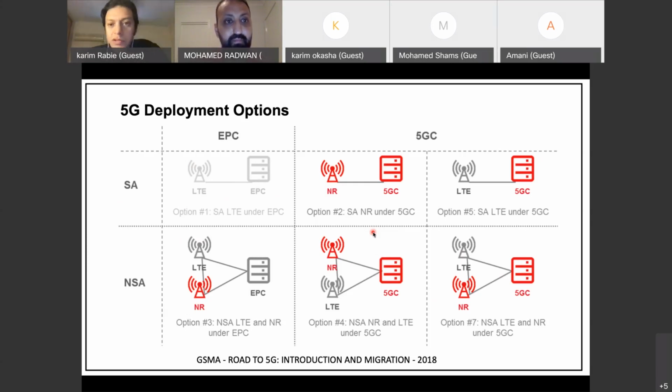Initially, the 5G deployment is not basically a greenfield, right? Except for some operators like Rakuten, or Dish in the USA, we are always moving from brownfield. So the starting point for us is the EPC. That's why the GSMA believes it should be there as option one, and you will see now that we will move from option one to other options.